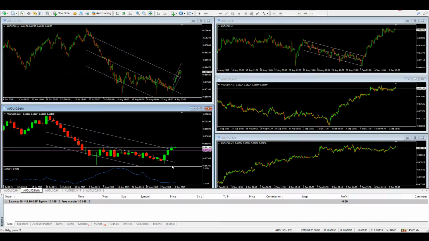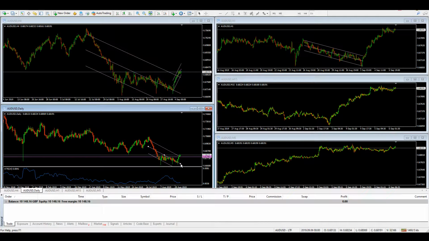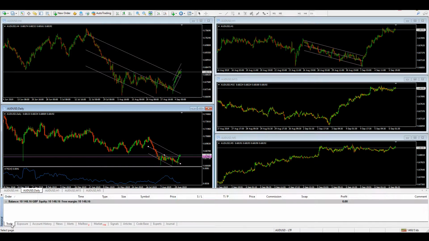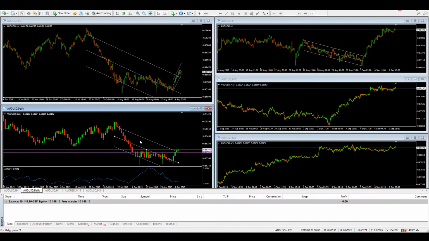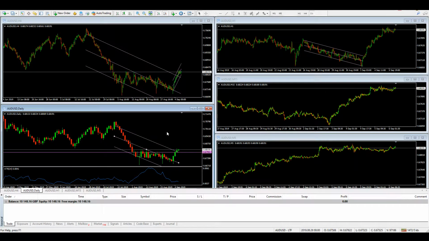And this is the AUD USD, the one that I took some losses on this week. I was going for a 3% position on this, and all three of those got stopped out. Have a look at the previous videos to get a more in-depth idea of how I managed that. I was going for a bigger move on 2-to-1 reward to risk. It didn't pull off. I did speak extensively about that in yesterday's video, so have a look at that for